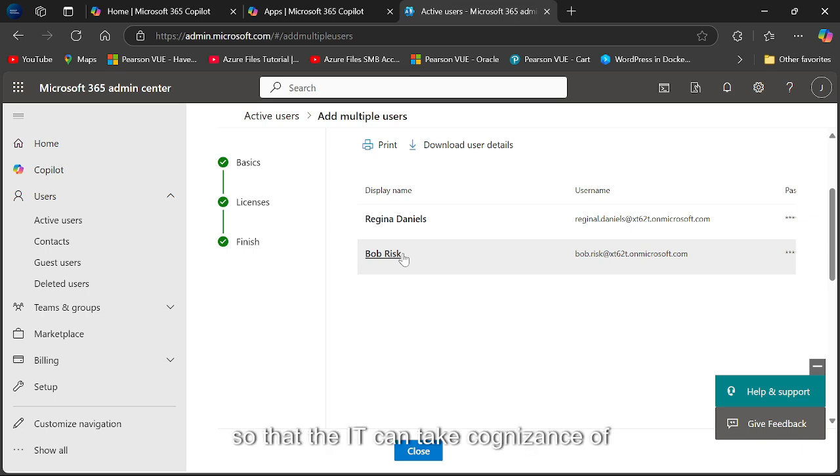So that the IT can take cognizance of the user, and the user doesn't get to do things in a funny manner. Even if I should give you the ability to change it yourself, I can still change it without you noticing, because I am the admin. I can still go ahead and change it for the end user. Okay, so I go ahead and click on close,